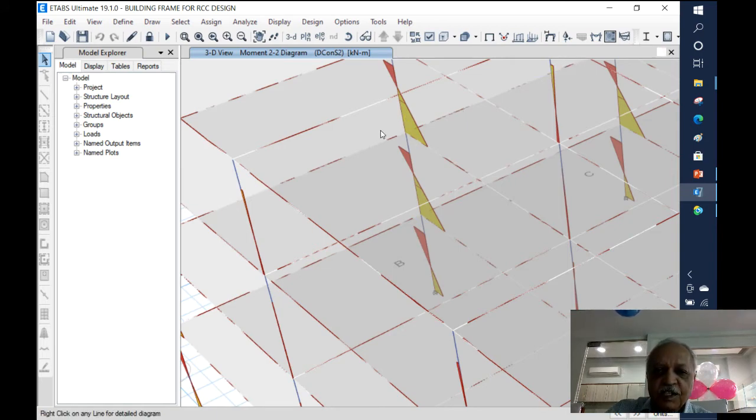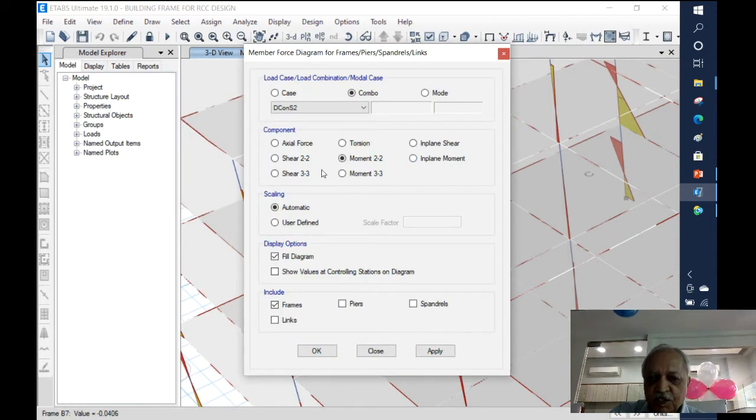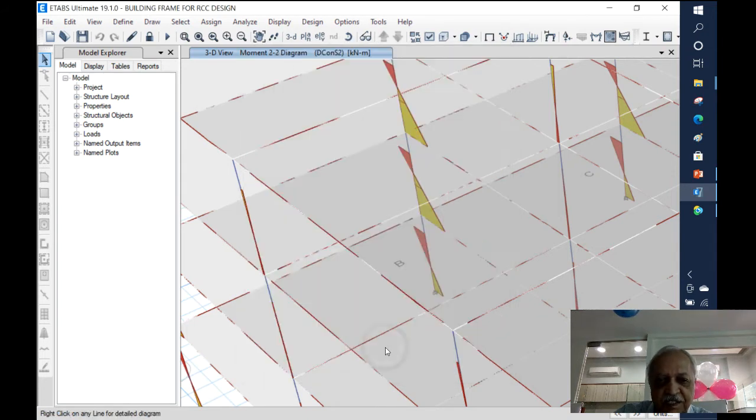So we say that we have got in different members different structural responses. You have got the axial force, you have got the shear force in x direction, in one of the directions of the cross section. You have got shear force in the other direction. So if you have got a member like this, you can have a shear force like this or like that. Okay, two different directions of shears are available. And similarly, you have got torsional moment, you have got the bending moment in one direction, bending moment in other direction, and so on. So all the forces are determined, and thereby we say that our results are ready.